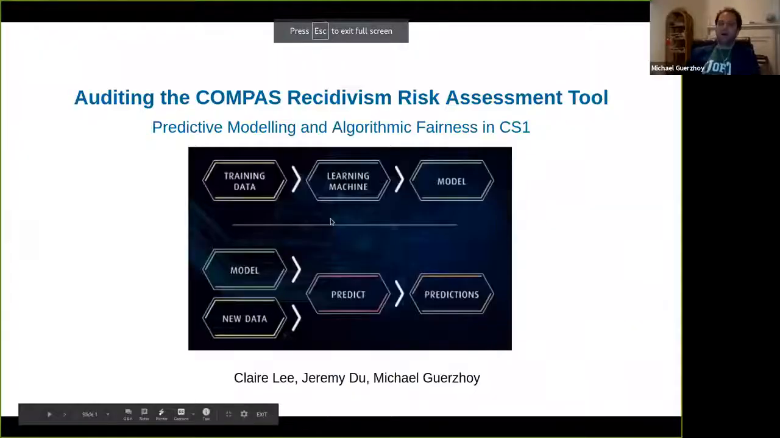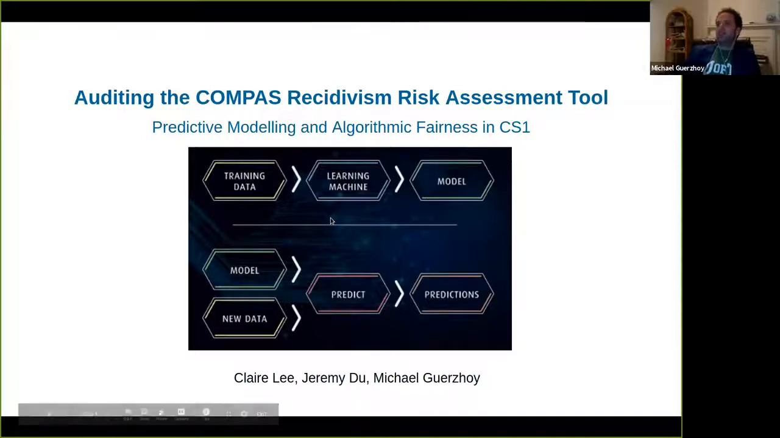Okay, so we want to talk to you about an assignment and a set of tutorials designed to teach algorithmic fairness and predictive modeling early in the computing curriculum, so in Introduction to Data Science courses or in CS1. We're going to be doing it with the COMPAS Recidivism Risk Assessment Tool dataset, which was extremely prominent in the